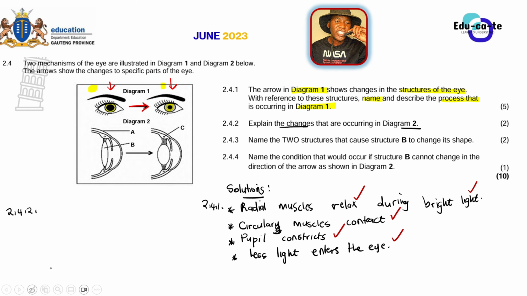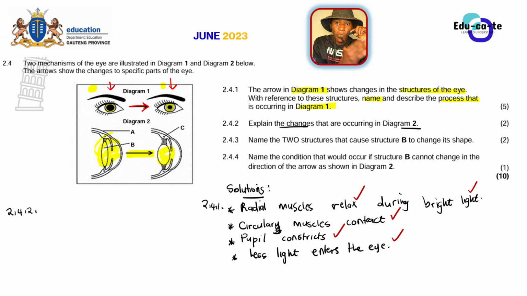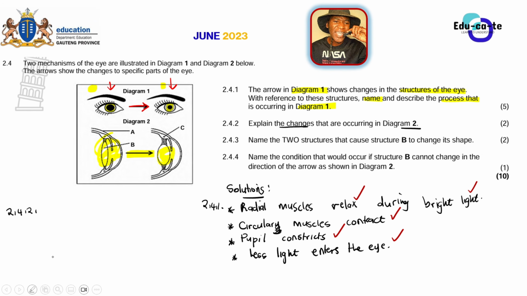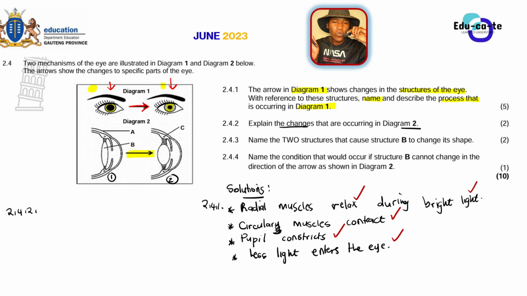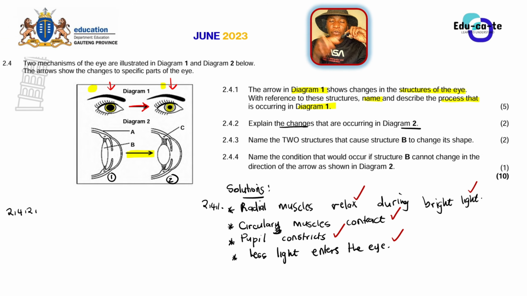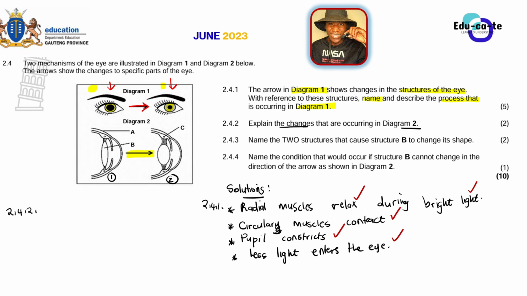Remember, the change here is from the first part of the diagram, this one, to this part. So this arrow is showing that we are moving from one to another. So compare these two things, grade 12s, and try to see what is the difference between the first part of diagram 1 and the second part of diagram 1. Look carefully. Remember, I said in a side view, in a cross-sectional view of an eye, they are asking about accommodation, distant vision and near vision.